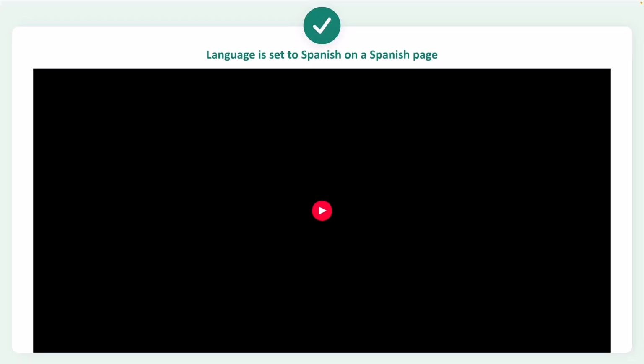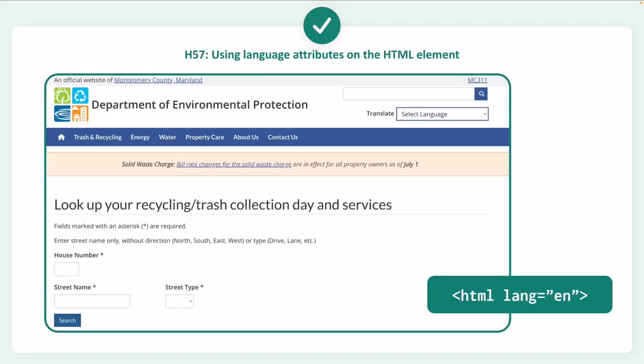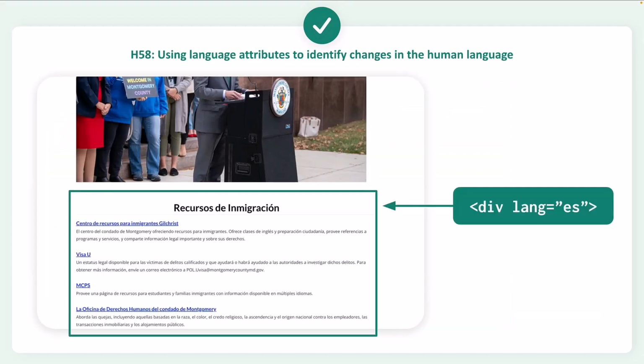That sounds much better. This is why setting the correct lang attribute is so important. It allows assistive technologies to switch pronunciation rules and read the content naturally. When the page has only part in Spanish, the section of the page in Spanish should have the lang attribute set. In this example, the div element should have the lang attribute set to ES, which means the content contains